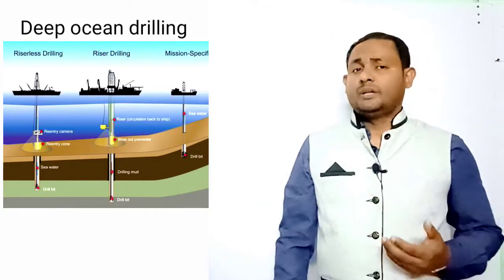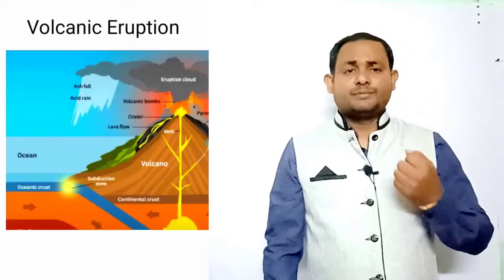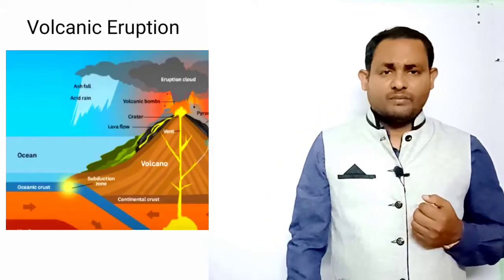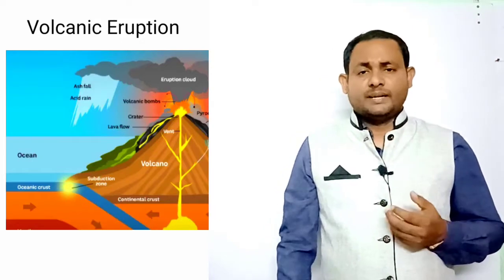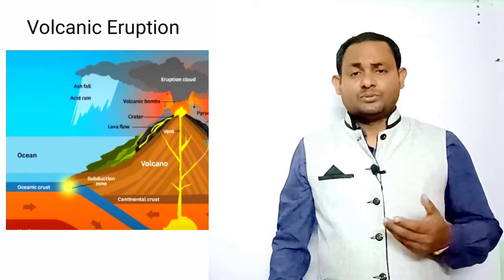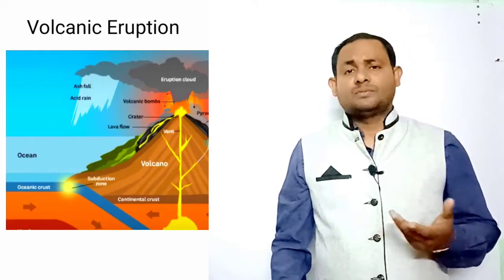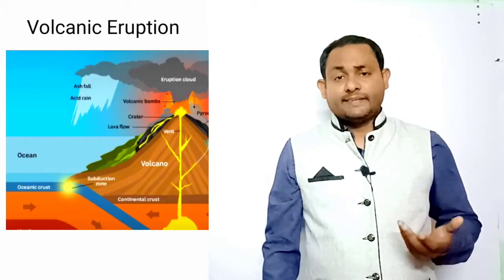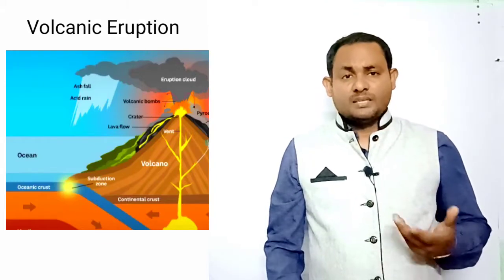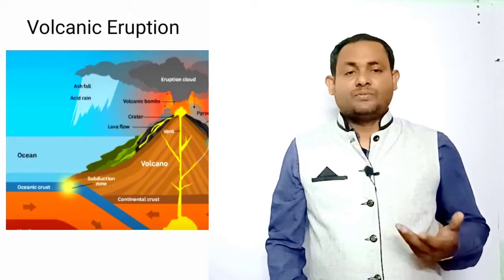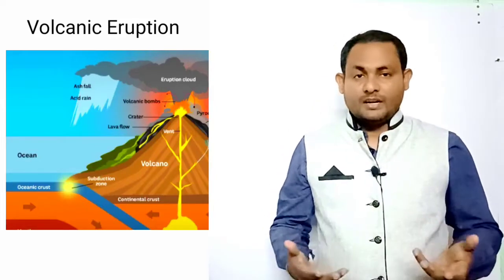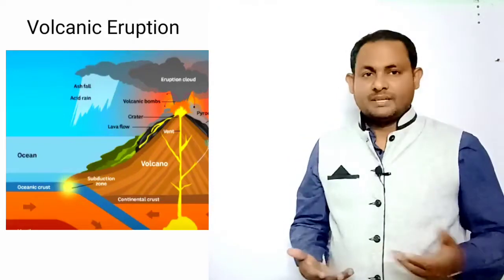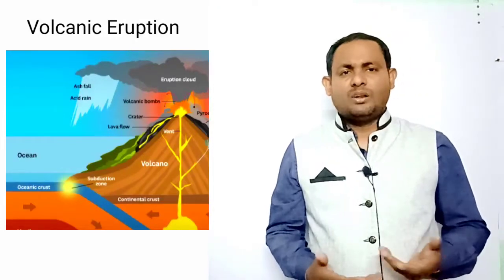Today we also talk about volcanic eruptions. The volcanic eruption forms an important source of obtaining direct information through laboratory analysis of the molten material that is seen on the surface of the earth. During a volcanic eruption, however, it is difficult to find out the depth of the source of the magma. And these are all the direct sources.